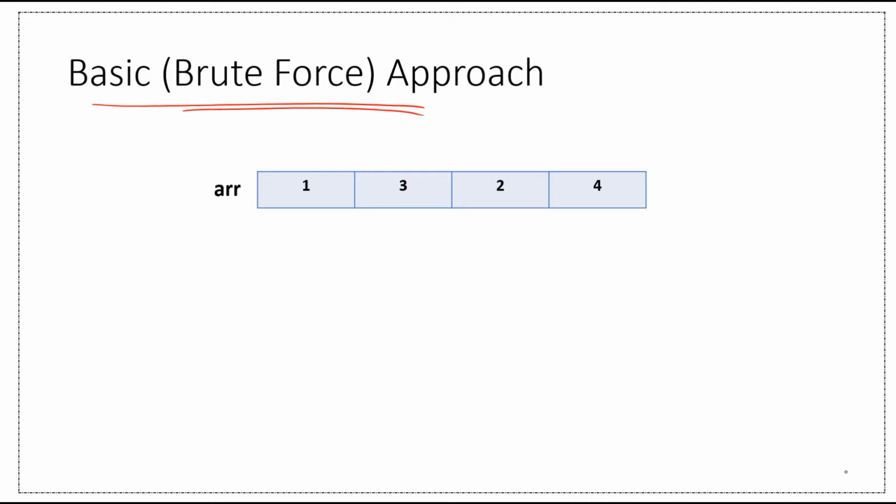Okay, so what we will do, now suppose this is the ith element. Now for this particular index, or for this element 1, I will traverse the rest of the array and I will check if any number is present which is greater than 1. If it is present, okay, print that number, and if it is not present, print -1. Okay, so let's write the code for it.